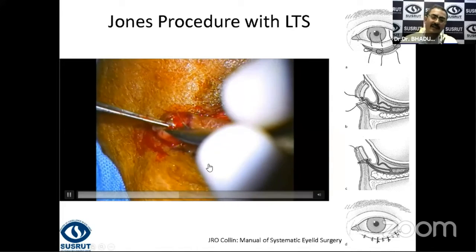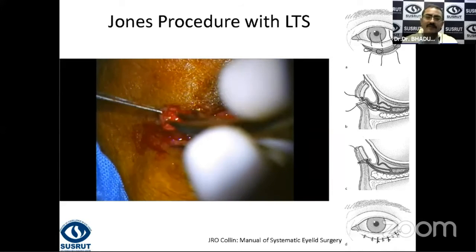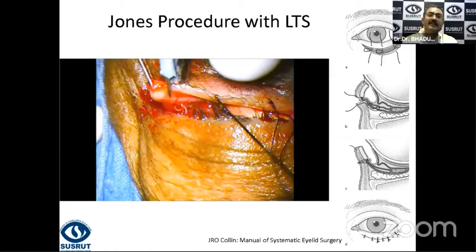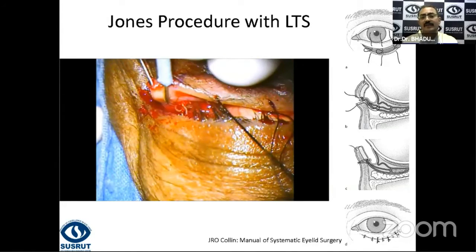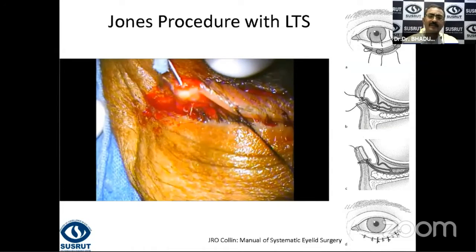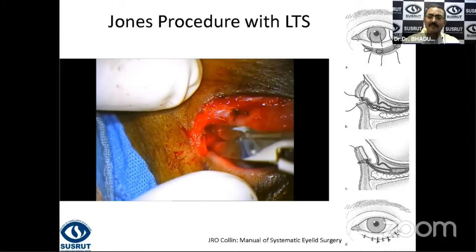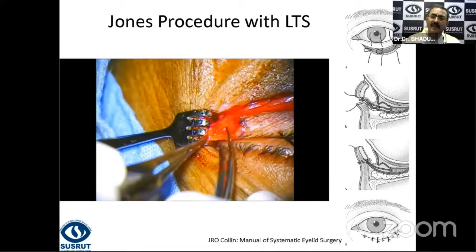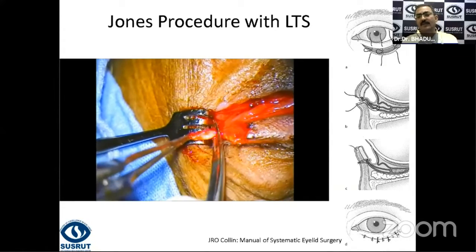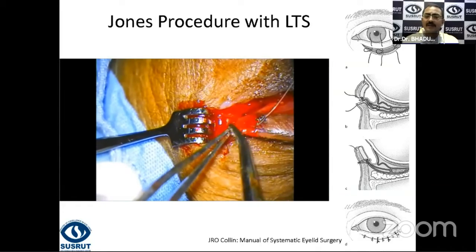So this is the entire idea, that you create a tarsal strip which will reattach to the lateral wall of the orbit. And you remove the anterior lamella here, also remove the conjunctiva at the lid margin as well as the posterior conjunctiva. In this case, we are using a monopolar cautery to just burn it off. And then you expose the lateral orbital rim. The idea is that you make your attachment as close to Whitnall's tubercle as possible. So we have removed the redundant part of the lateral tarsal strip, and now we'll pass